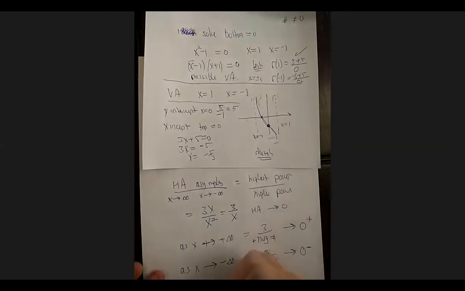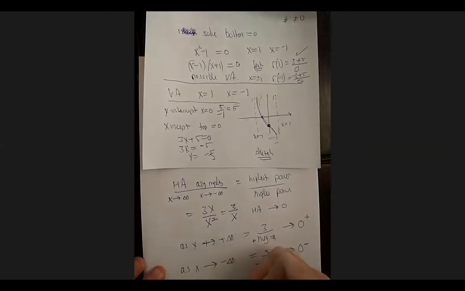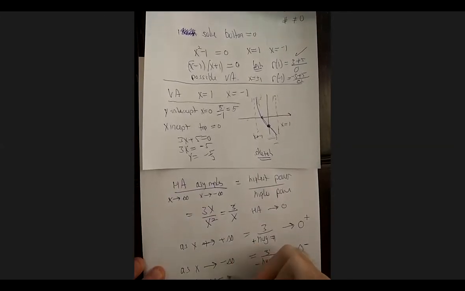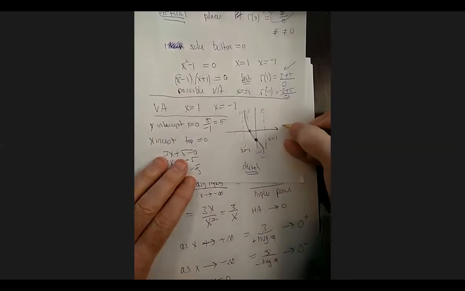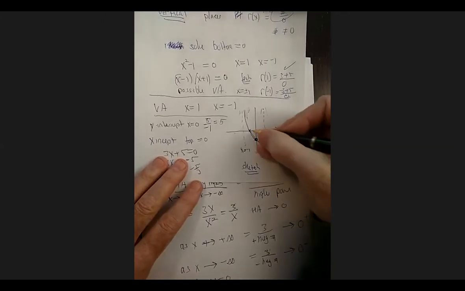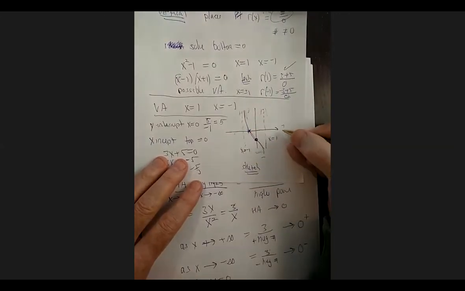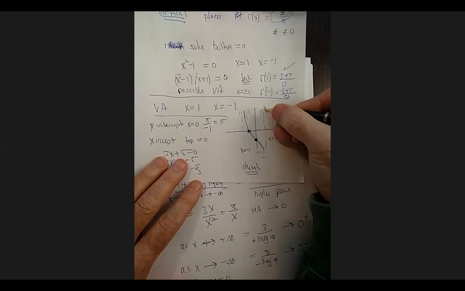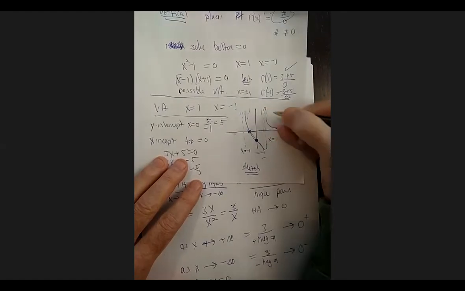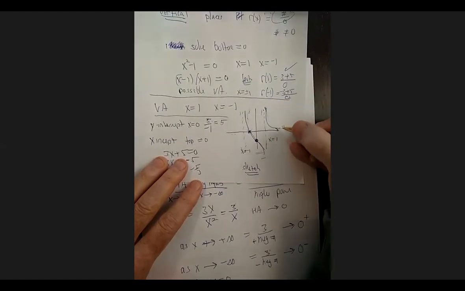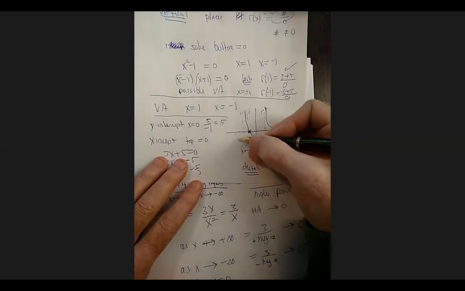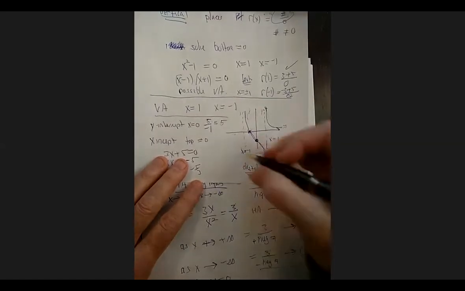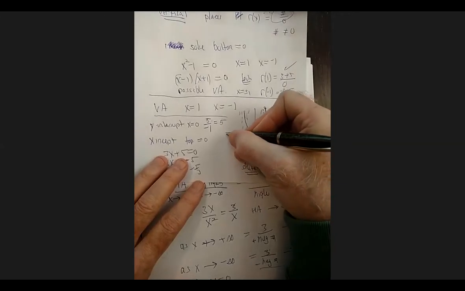So we know that we have a horizontal asymptote at y equals 0. And we said over here that the graph is approaching from the positive side, and this is the only place the graph can change sign. So it's going to be positive infinity over here and approach 0 over here from the top. And on the bottom, we're approaching 0 from below. So it's going to look like that.